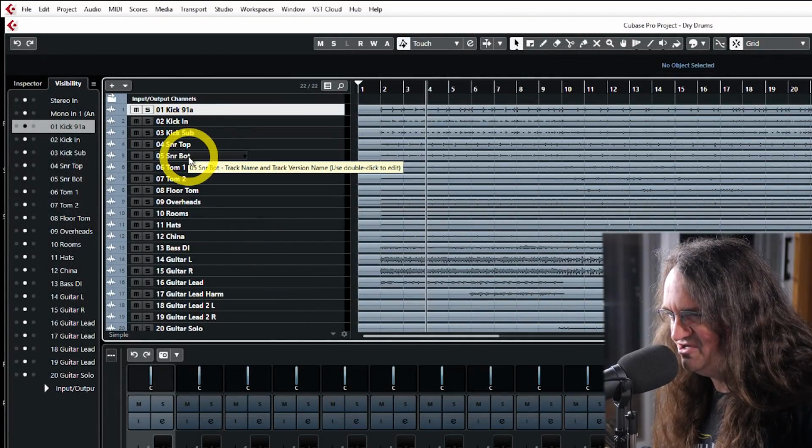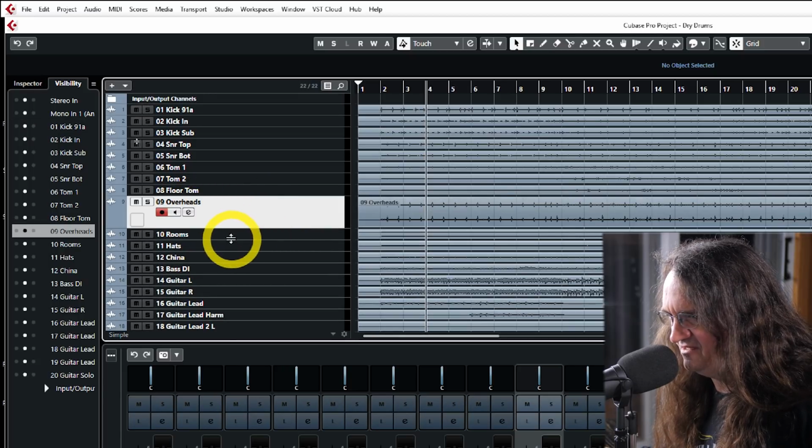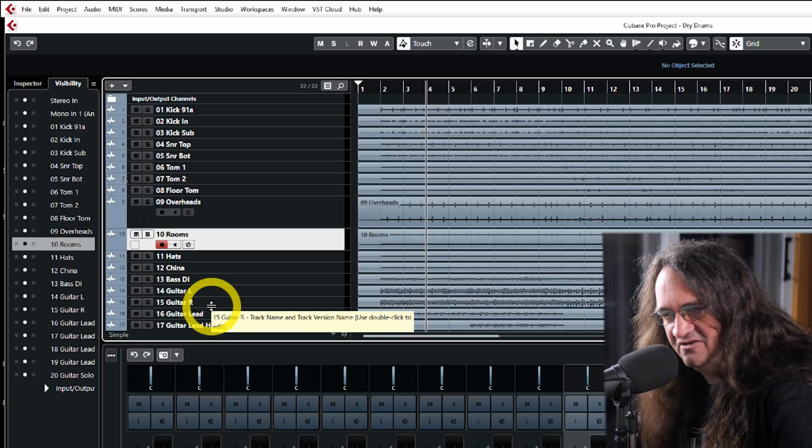We got some pretty stellar tracks courtesy Jackson Ward. Anyway, I'm going to show you guys how to shape those and get them to sound absolutely freaking massive. So let's take a look at what we've got here first. We've got 3 kick mics, 2 snare mics, 3 toms, a pair of overheads. That looks to be a stereo track there. Yep, pair of rooms, hats and china, and then there's bass and guitar and everything else